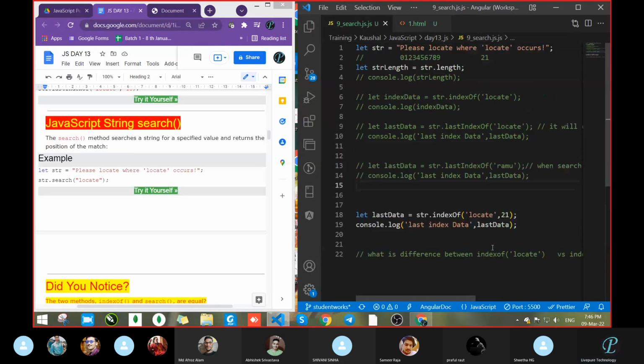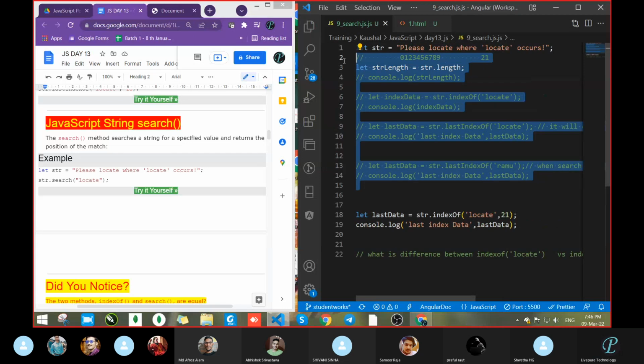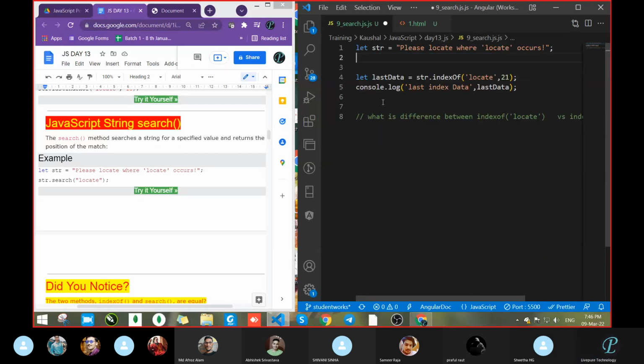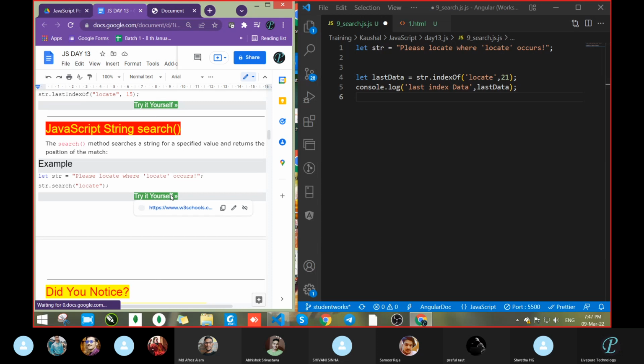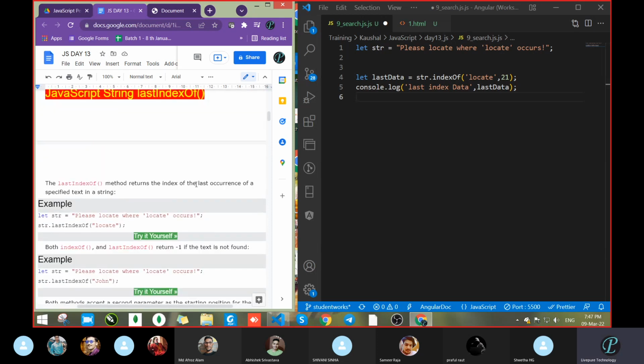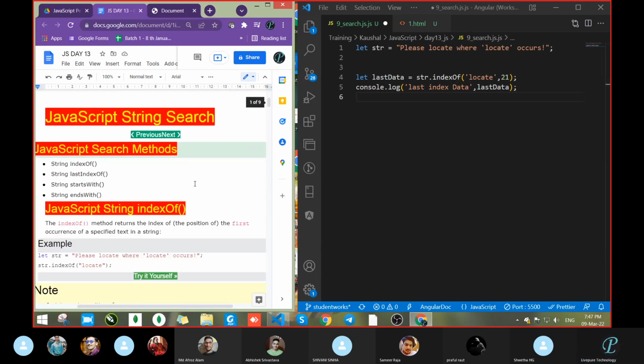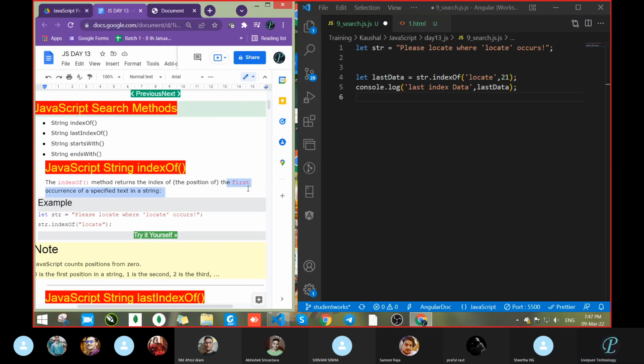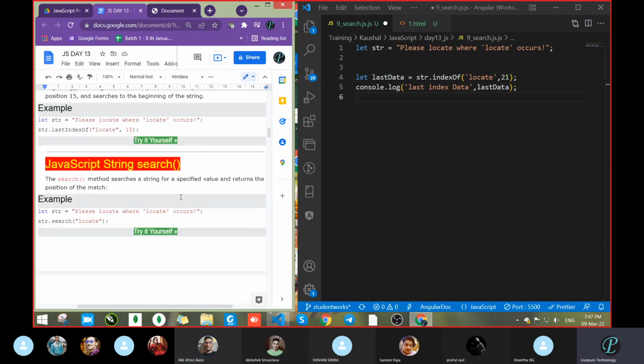Okay. Sir, one doubt. Yes, tell. Sir, is locate containing the full string or only the starting L? You can see, it contains only L, the starting position. See, here itself we had told that in the starting, see the first occurrence. Got it? Okay, sir. Means the first letter. It will not check the second and those.